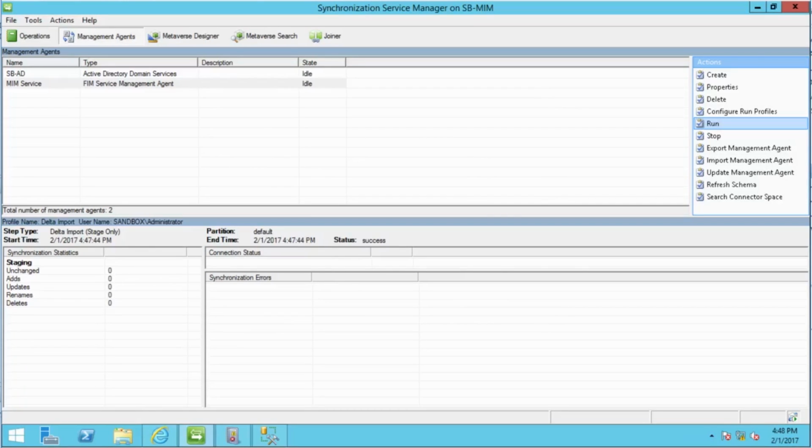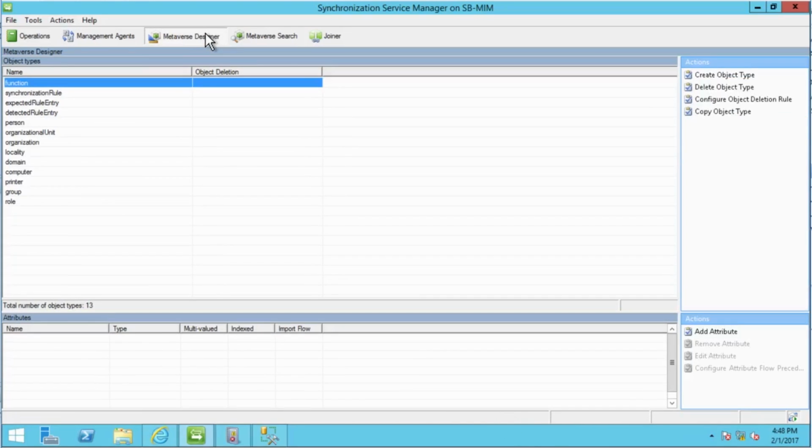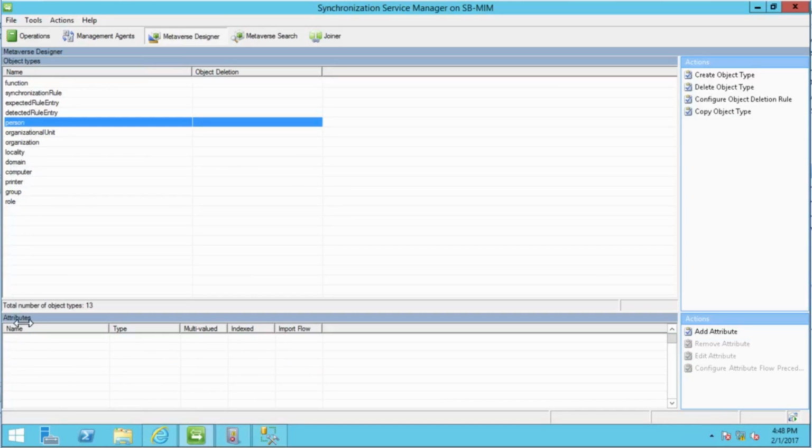Since we've initialized the MIM connector, the synchronization service now knows what's going to happen with our two management accounts. So it knows attributes that are going in and out. So now's the time that would be good to go into the Metaverse Designer. My view's a little messed up here. And underneath person,